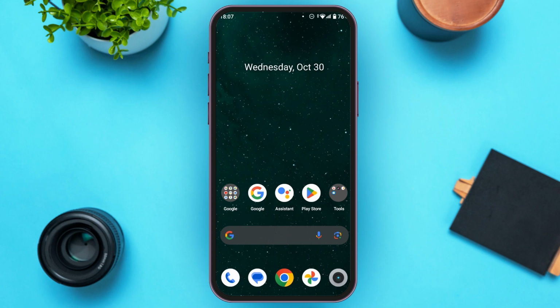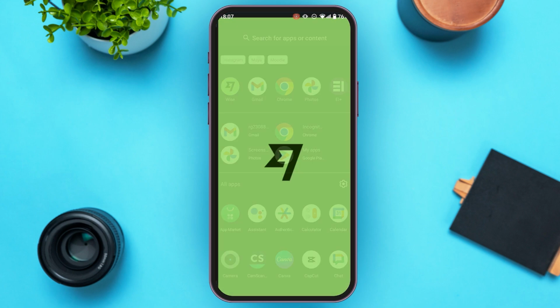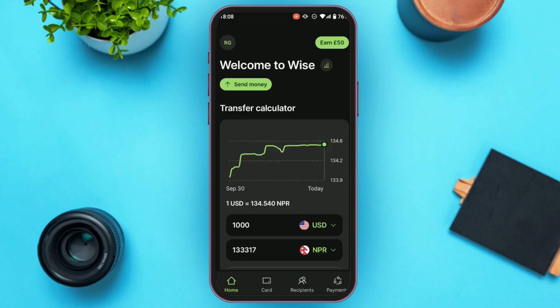So first of all, what you have to do is launch the Wise application. Enter your passcode and you'll be led to this kind of interface. Initially, you'll be in the home interface. So in order to add the new currency, what you have to do is open the multi-currency account in Wise. For that, you'll need to get your identity verified. My identity is not verified right now, so I'll not be able to do it, but I'll guide you through